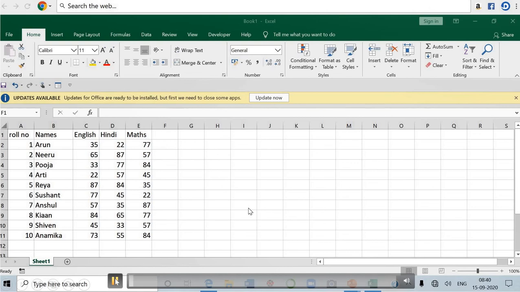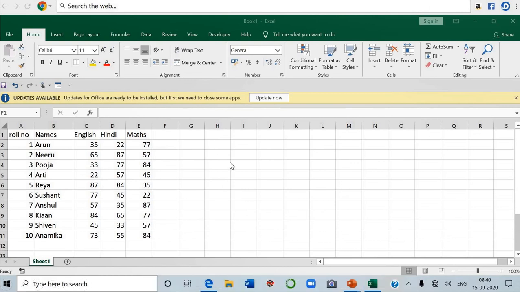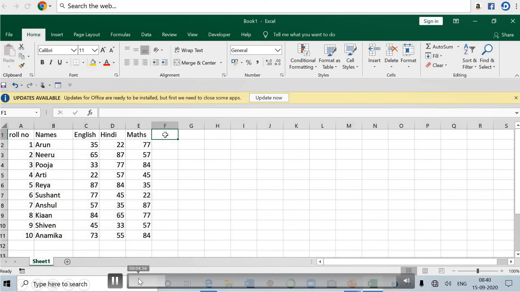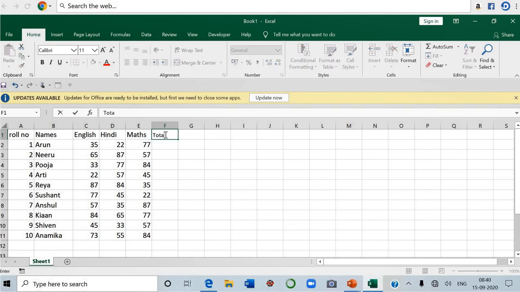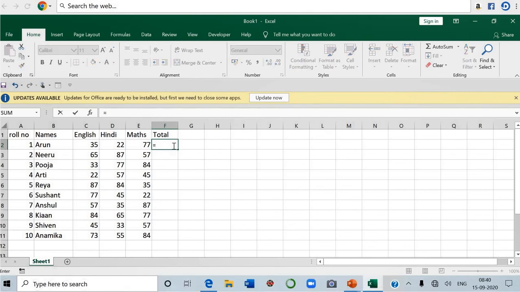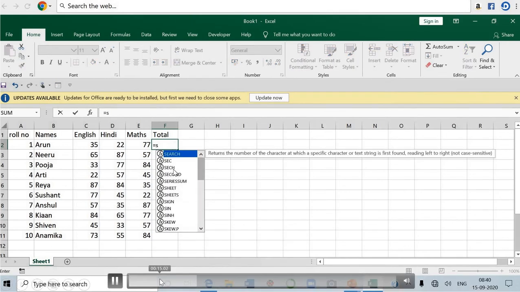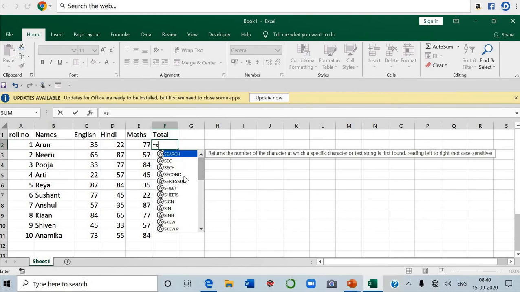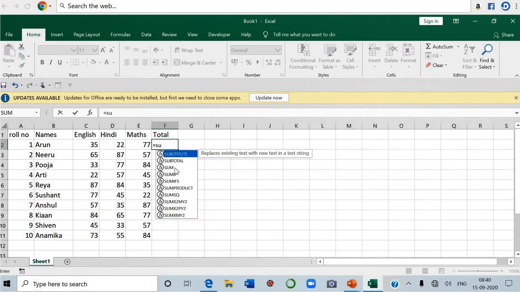Students, now I will show you 5 different ways or methods to insert any formula in your spreadsheet or worksheet. See, I have typed here a few names, their roll numbers, and marks in English, Hindi and maths. Suppose I want to type the total here. In the total column I want to write the formula. Start with is equal to. This is the first way, and just type S. See, a small pop-up window opens for you. You can pick the formula sum from here.